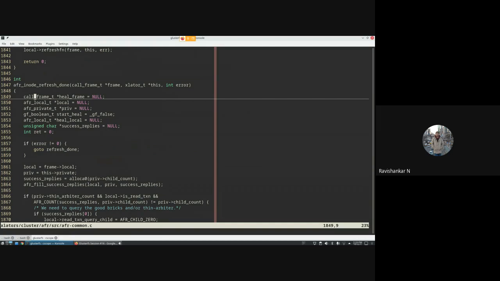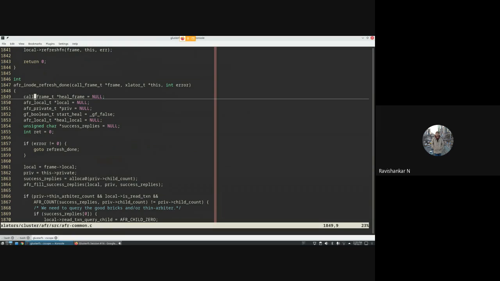So when a brick goes down and comes up, the generation number gets changed, which means that the in-memory copy is not reliable anymore and we need to refresh it. Refreshing is nothing but again a lookup operation or an open operation, depending on whether the actual transaction was FD based or path based.